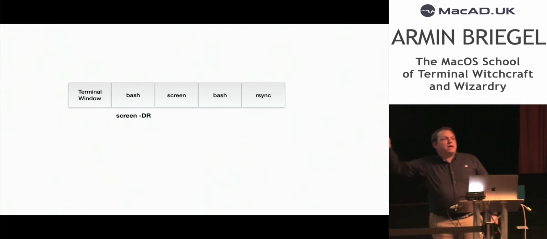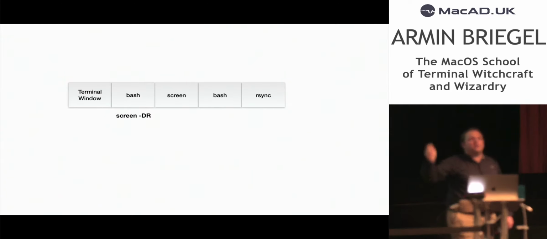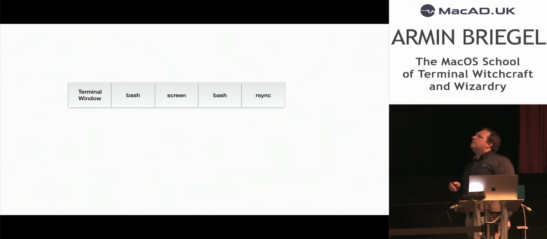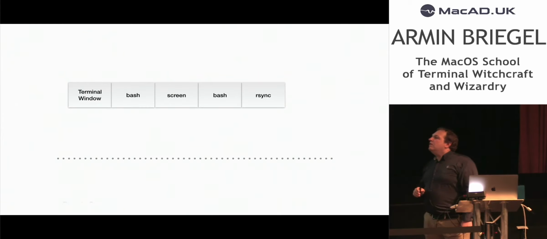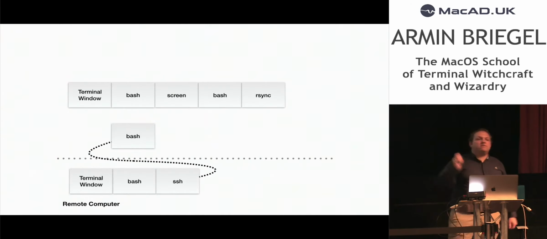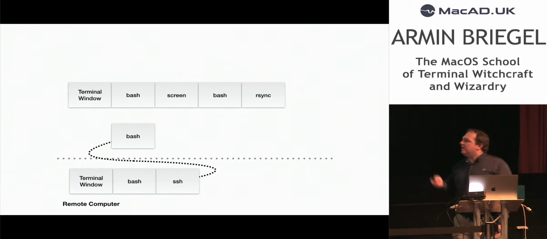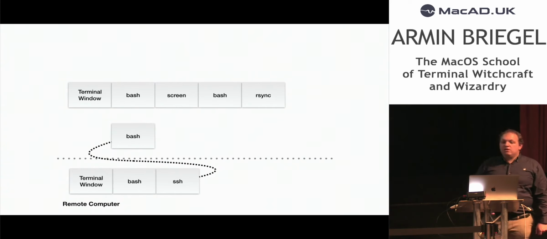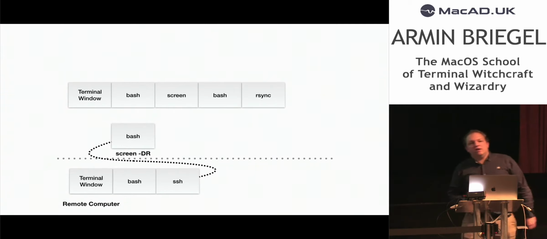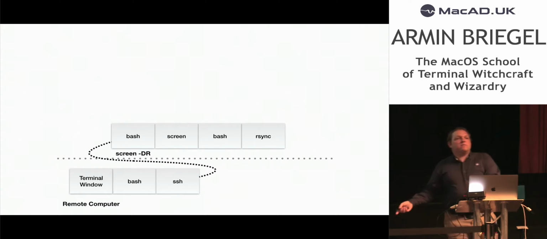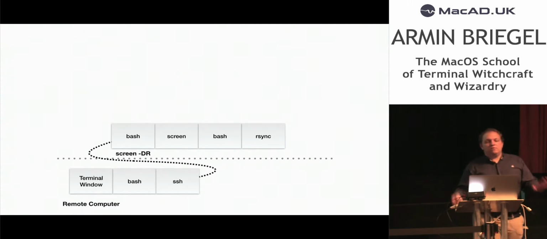Imagine you do this at home on your iMac. You want to run a backup of your personal photo library at home. You're at work, or you're on the road with an iPad or an iPhone with an SSH client. So on a remote computer, I open Terminal, I open bash, I start SSH, which opens a new bash session on my home computer, if I can connect to my home computer. And then you again run screen -DR. It will find the existing screen session, connect to it, and show you the progress. You can make sure the rsync command is still running. Everything's OK.